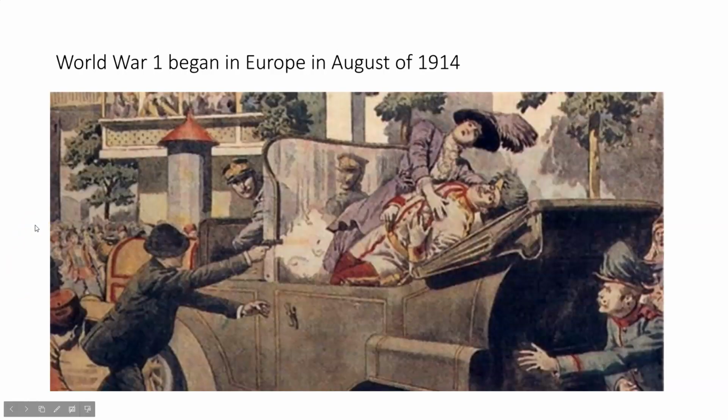All right, so from last year, you know that World War I began in Europe in August of 1914 with the assassination of Archduke Franz Ferdinand. And the importance of that whole incident for American history is to remember the war is raging in Europe for about 3 years before the United States does get involved. So we do maintain our neutrality and isolationism for a number of years before we jump in to the Great War in Europe.